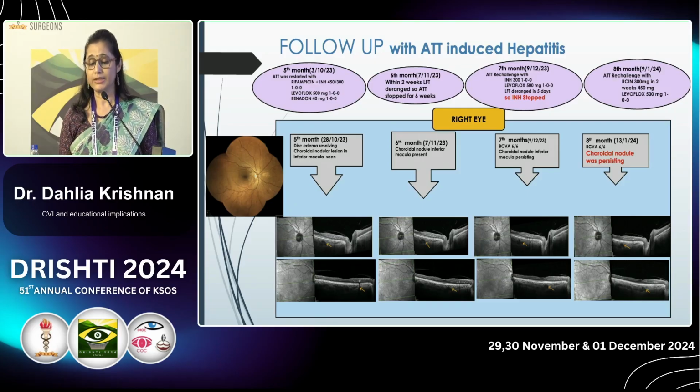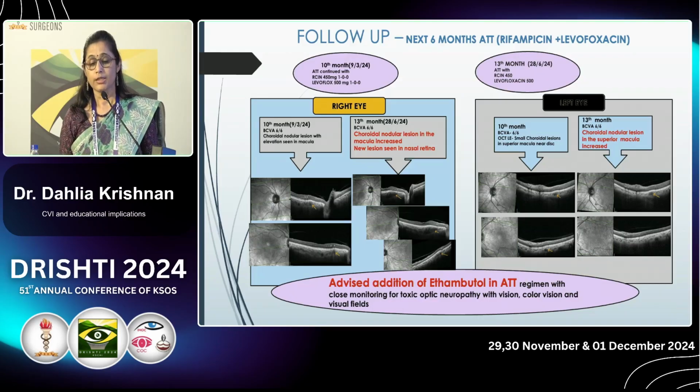So in the 8th month, she was started on rifampicin and levofloxacin, initially with 300 mg, then increased to 450 mg for rifampicin. And during this time, the choroidal nodule was persisting. After 6 months of ATT with rifampicin and levofloxacin, in the right eye, the choroidal nodule lesions elevation was still seen. Also, by the 13th month, we were seeing a new lesion in the nasal retina,